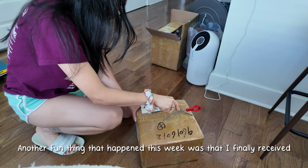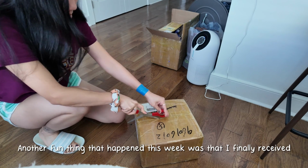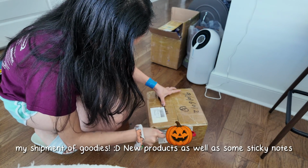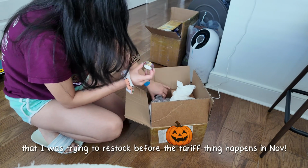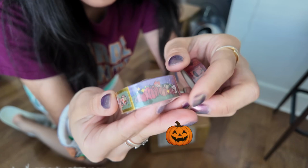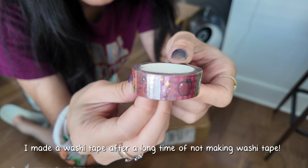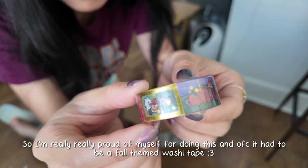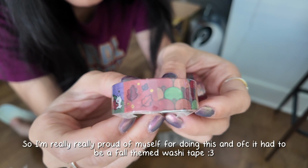Another fun thing that happened this week was that I finally received my shipment of goodies, new products, as well as some sticky notes that I was trying to restock before the tariff thing happens in November. I made a washi tape after a long time of not making washi tape. So I'm really proud of myself for doing this, and of course it had to be a fall themed washi